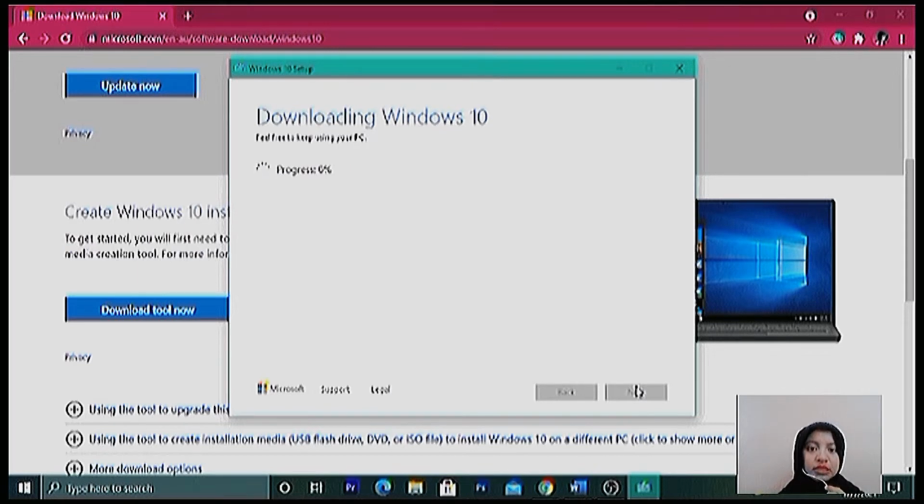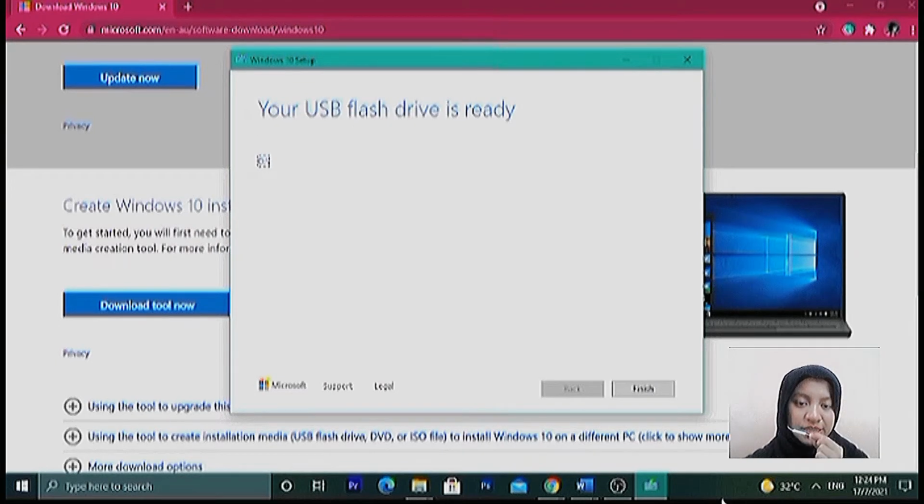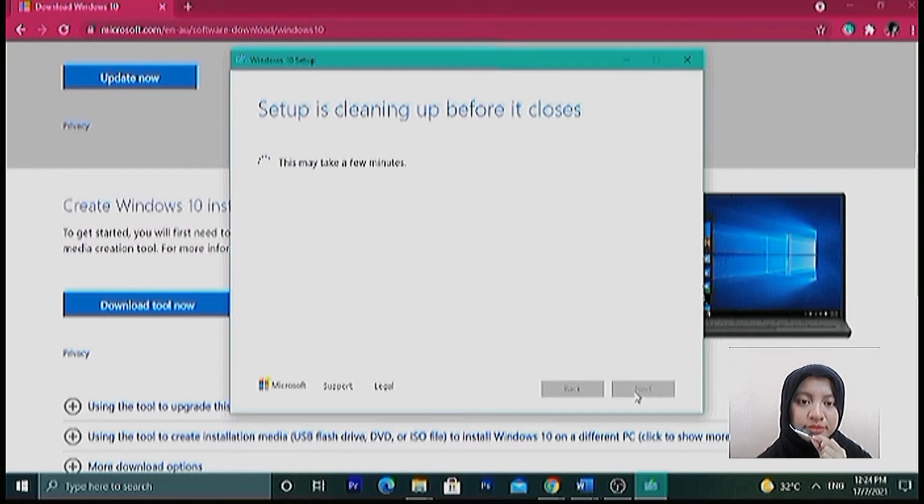Okay, now the Windows 10 is being downloaded, so we have to wait for a few minutes. Okay, so now the download is finished and already in my USB flash drive. So click finish, and then